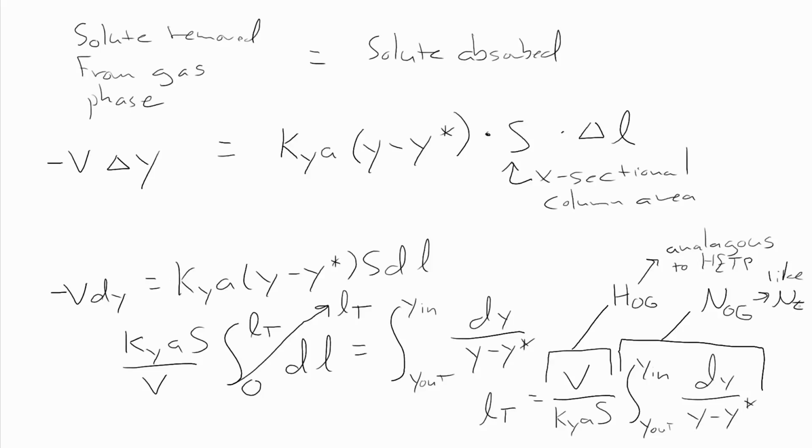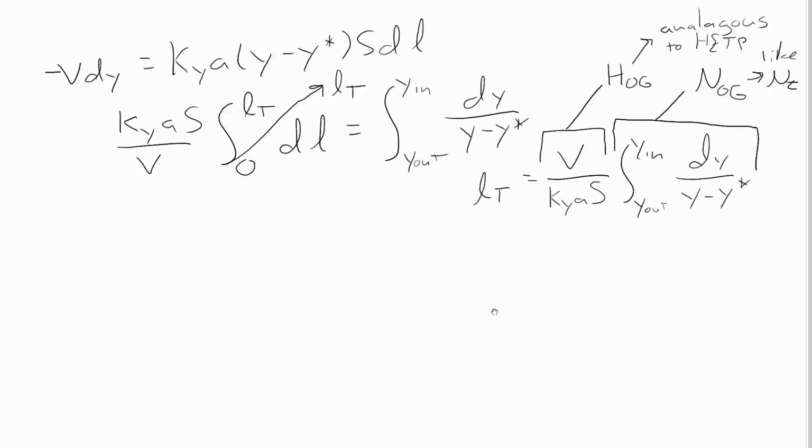It's only in special cases that NOG is equal to NT and HOG is equal to HETP. That depends on basically how this integral gets integrated. It depends on the shape of the equilibrium curve, the shape of the operating line, and how the two are related to one another. Very briefly, and I'm not going to go through the actual math of the integration,